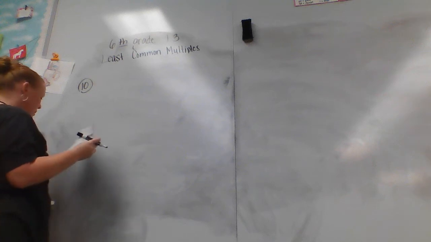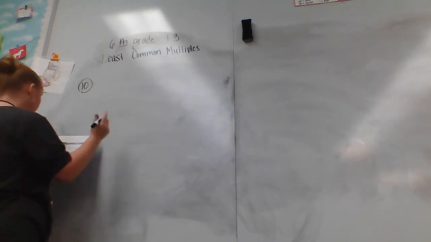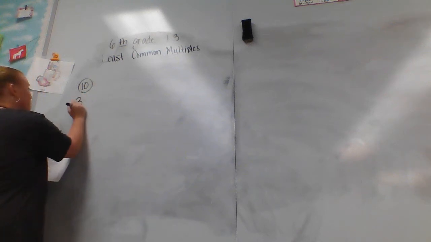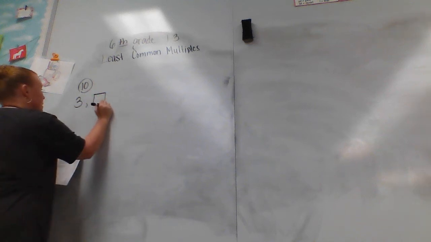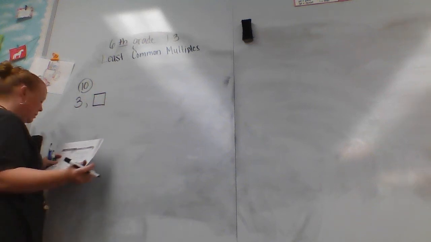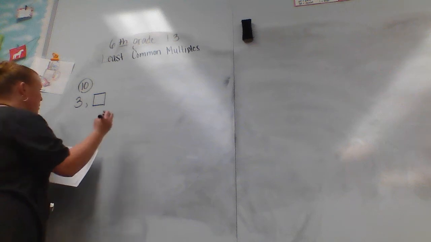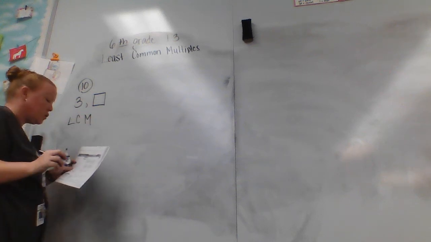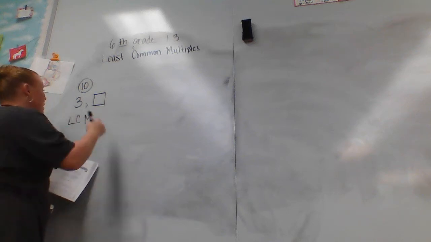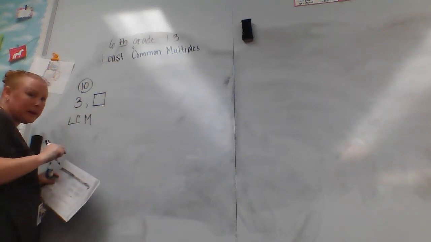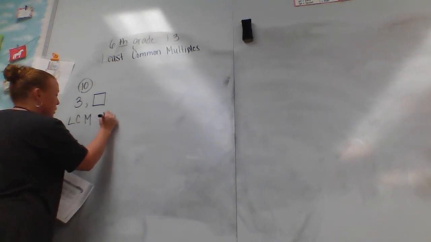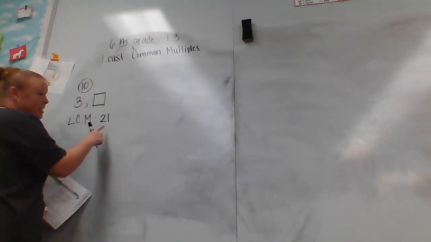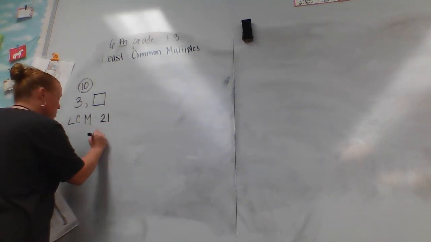Okay. So number 10, it gives us one number, and then it gives us a box. Okay. So least common multiple, it says, is 21. So you need to find the number that you multiply 3 by to get to 21. Okay. So basically, I'm going to reverse that,